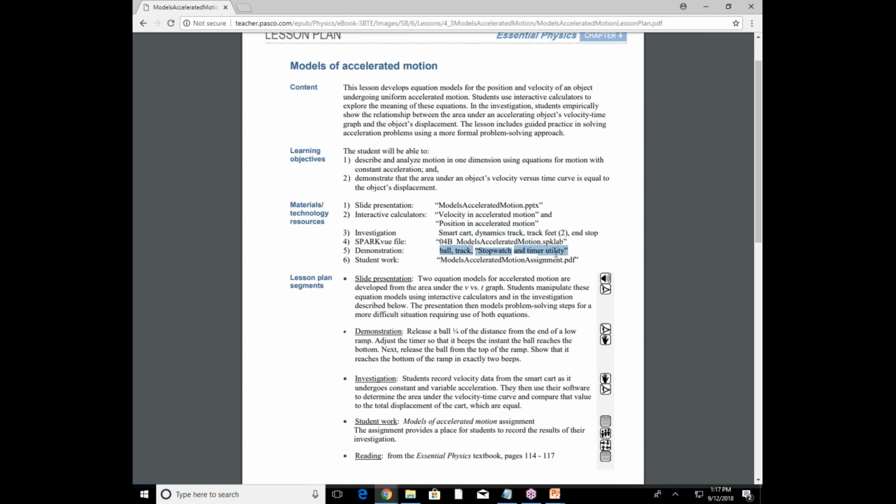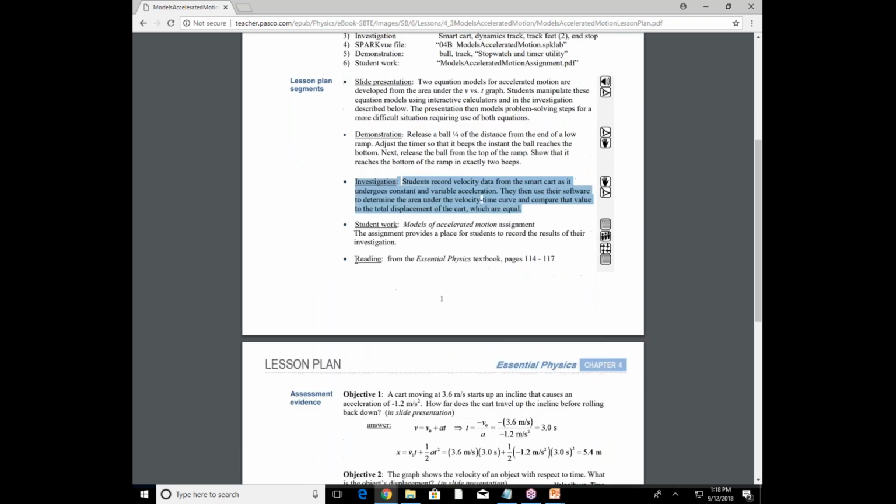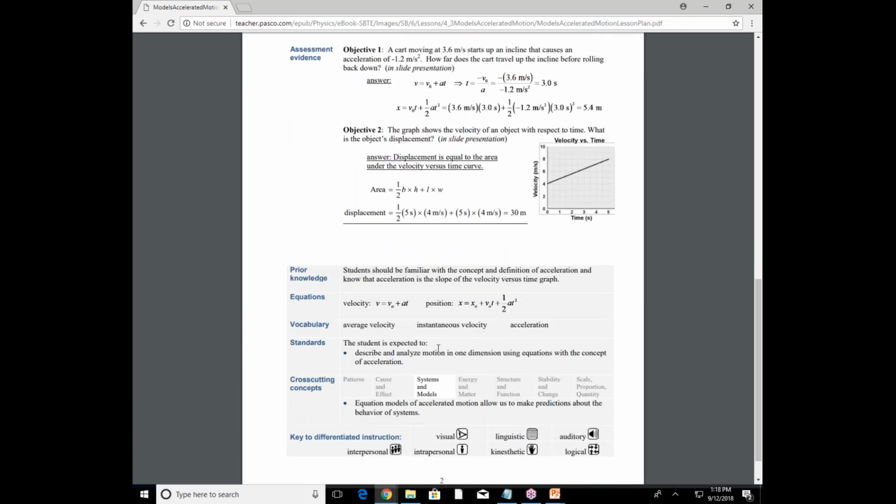Equipment that's needed for a demonstration. All right, the demonstration is explained here. Some notes regarding the slide presentation that we'll take a look at in a second, and some notes regarding the investigation or the lab activity that students do as part of this lesson. There's some reading assignment information, pages out of the textbook, as well as answers to assessment questions in the slide presentation that we'll take a look at in just a second,